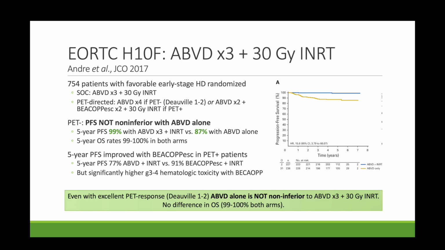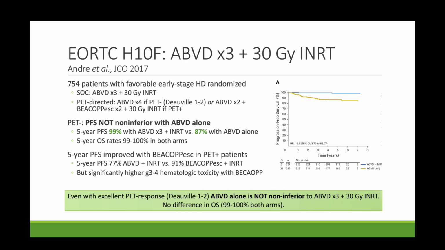However, if they were treated with just 4 cycles of ABVD total, then their PFS was 87%, so just a little over 10% less. The 5-year overall survival rates, again, were very similar in both arms, 99 to 100%, not significantly different. But the PFS, again, was not non-inferior, and it was around 10% worse in the patients that did not receive